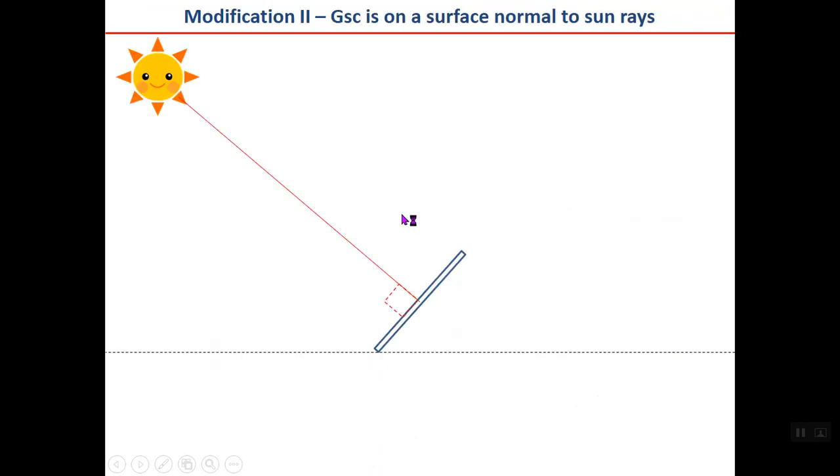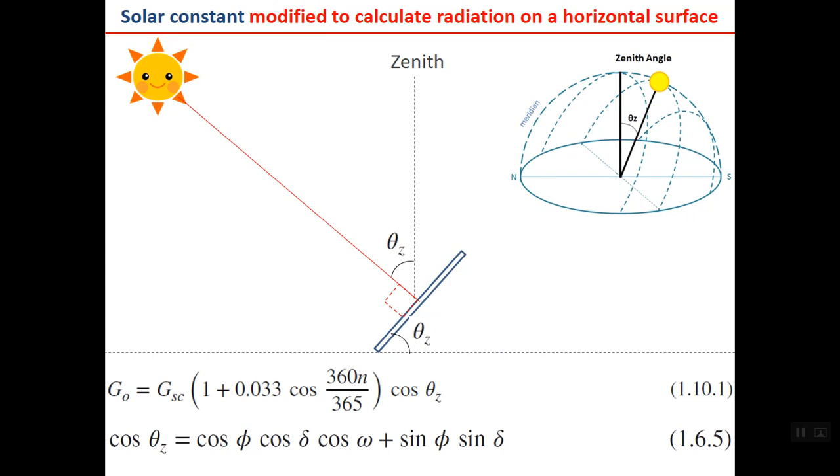Modification 2 is that GSC is on a surface which is normal to the sun rays, but generally we need solar radiation on a horizontal surface. So the next modification is how to calculate the solar radiation on a horizontal surface like the one you can see here. In order to calculate the solar constant value modified for the radiation on a horizontal surface,